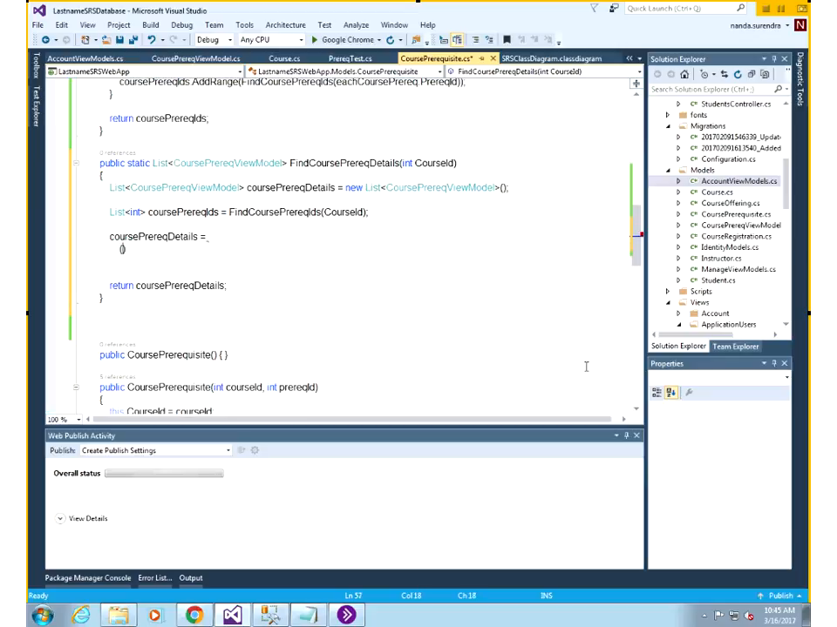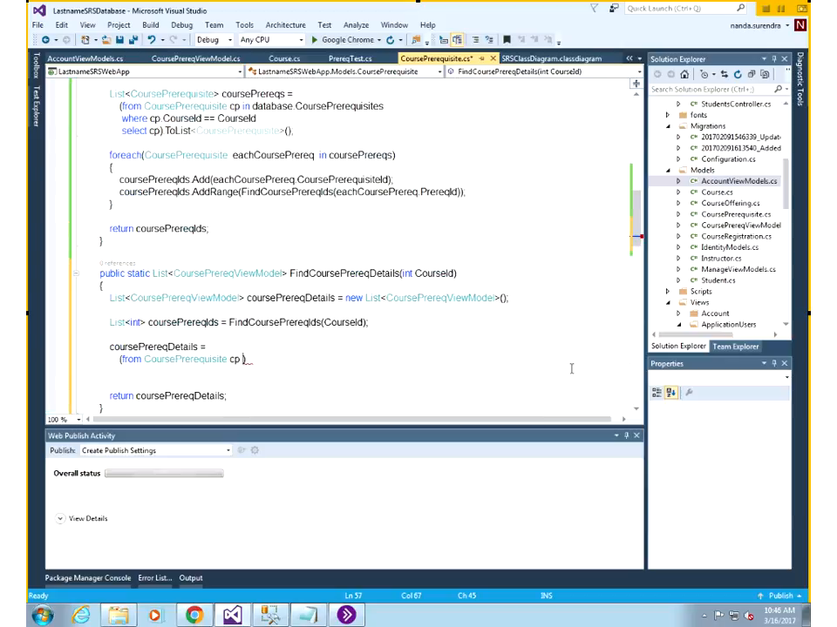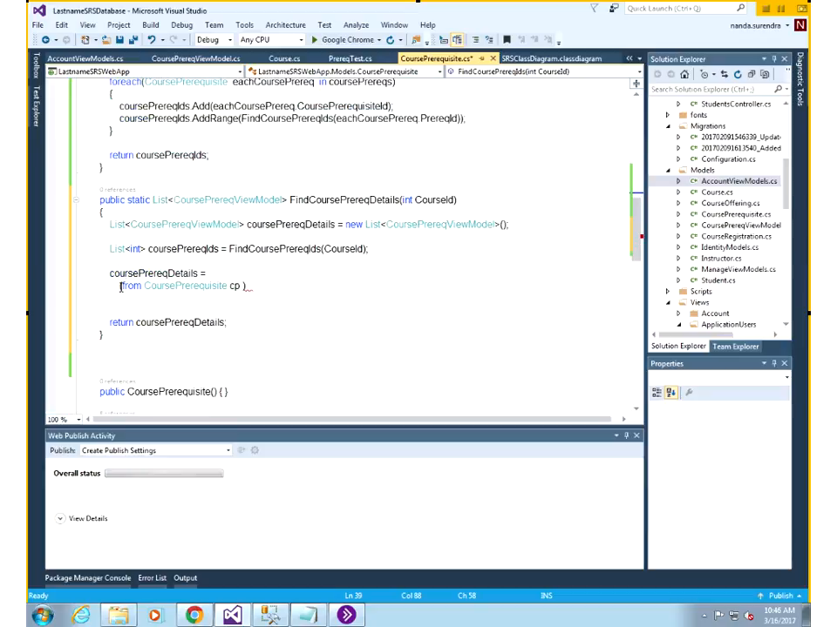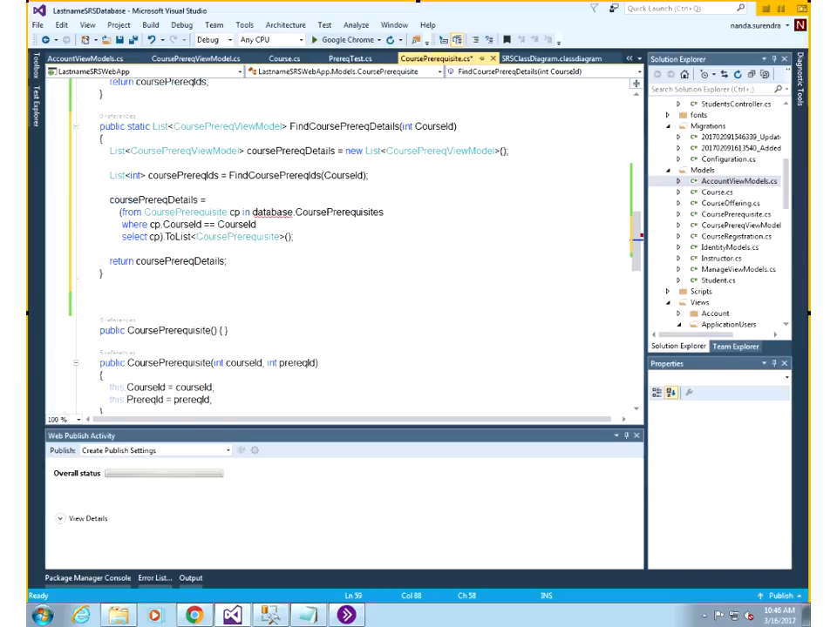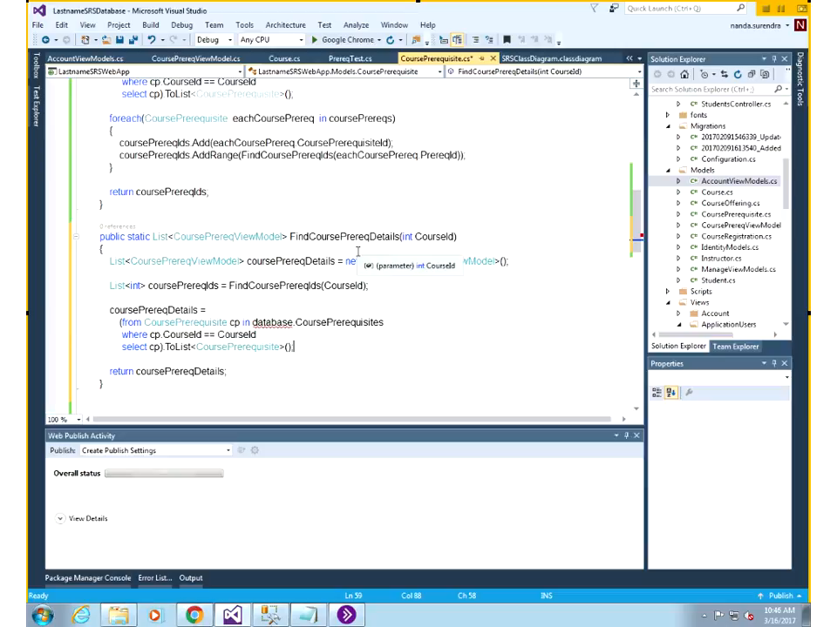So I'm saying course prereq details from course prerequisite CP, pretty much the same thing, except, okay, so let me see if I can just copy this here. Okay, I'll just do this and then make the changes. So it's the same SQL statement, except,